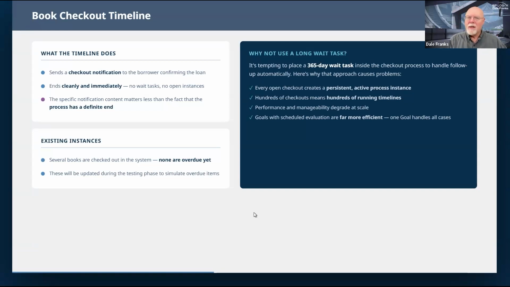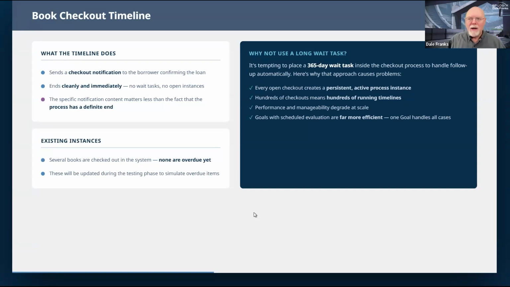But just remember that is always problematic because we're going to have all of these timelines that are running. You've got a persistent process timeline that is there. Ultimately, depending on how often you do this, you are going to have performance effects. If you have 10,000 running process timelines that are just hanging in a wait status, every time the timer process runs, as I said previously, all of those running processes have to be poked.